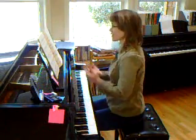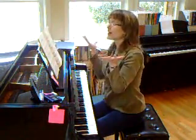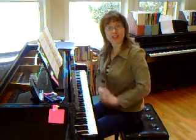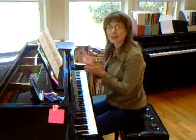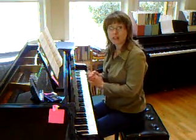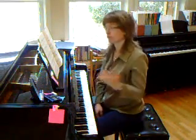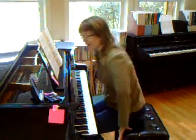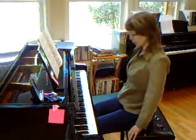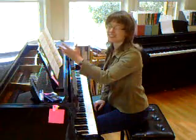And when I play through this, my version says it's called Gallantry, and I automatically thought of a knight in shining armor. And so what helps me make sense of the rhythm in here is to think of a story that goes with this song. And I'm just making this up. This is my story. Your story or your student's story might be completely different, but I always like to put a story to it. So I'm going to play this slow because the metronome mark on my copy says 152 to the quarter note,